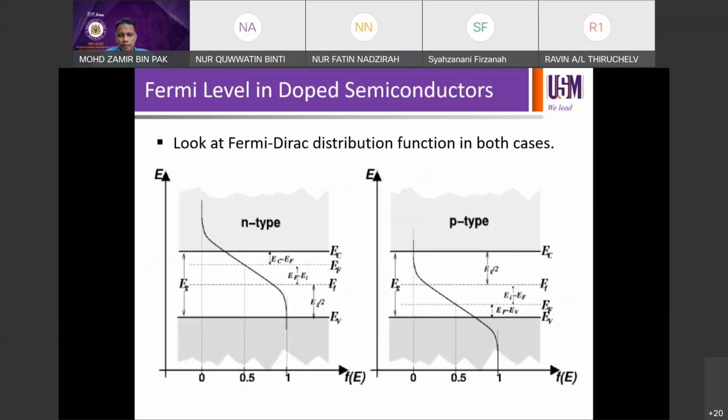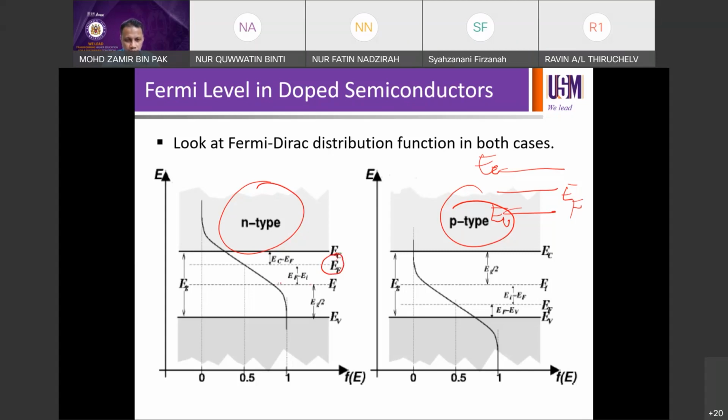Okay, right. We've discussed this briefly about the EF of N-type and P-type. So remember last time when we talked about intrinsic, the EF will be right in the middle of the band gap. On the other hand, if you make it N-type, with more phosphorus, more antimony, more arsenic, the EF is going to move